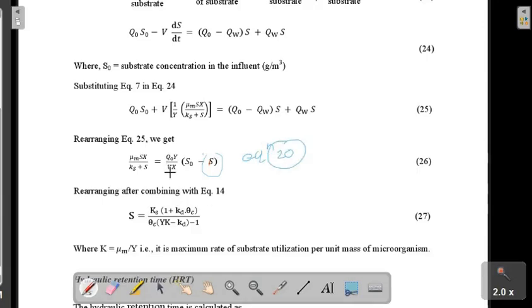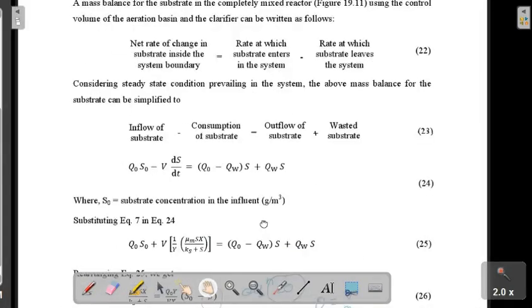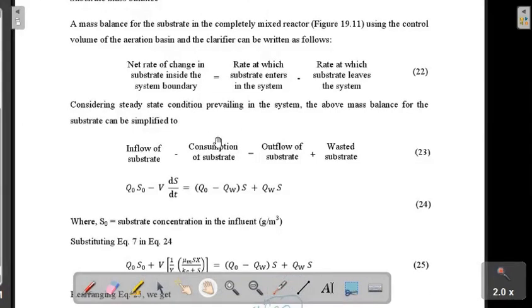So here we use equation number 20, and theta by V, what is the theta by V? As we know, the theta value is nothing but V by Q. So we replace this one by theta, and then we can get it in terms of this equation. Fine. You try that part at home, so that you will get the value of s, because we have to calculate theta c and theta values in the numericals.